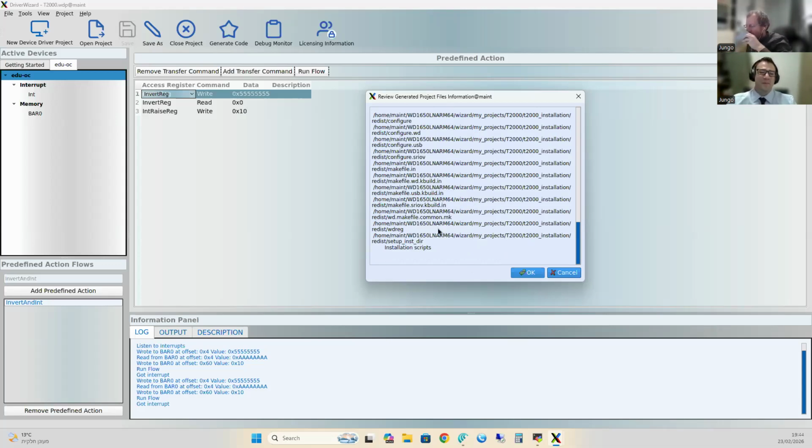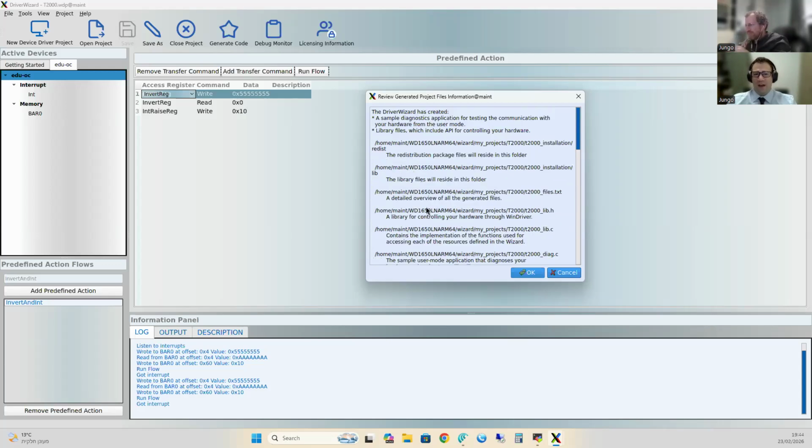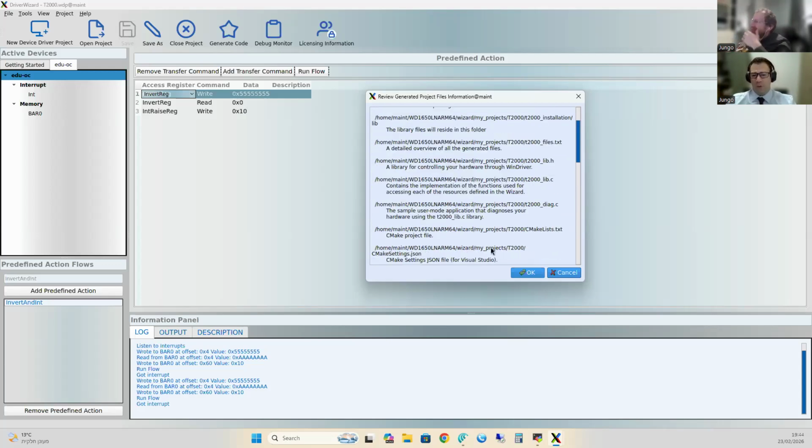Next time. All right, so here we see a list of all the files and folders generated for the project. And from there, I am going to toss it back to Uriah to actually show you what all of this means and what your next step would be if you wanted to continue to edit your project from here.